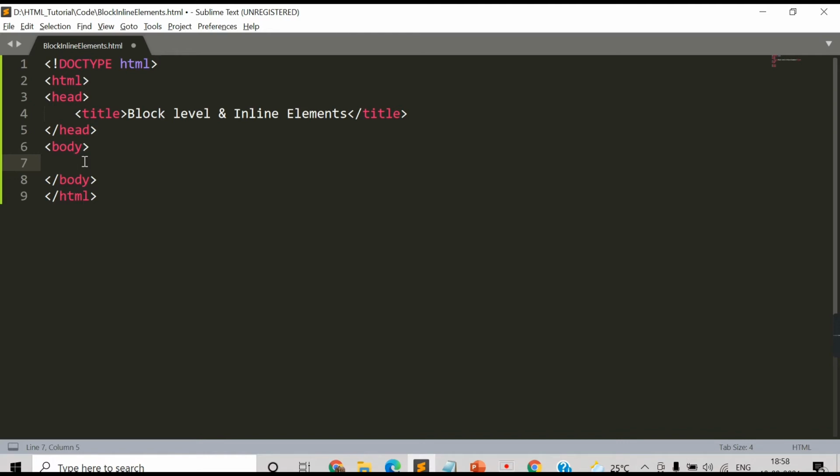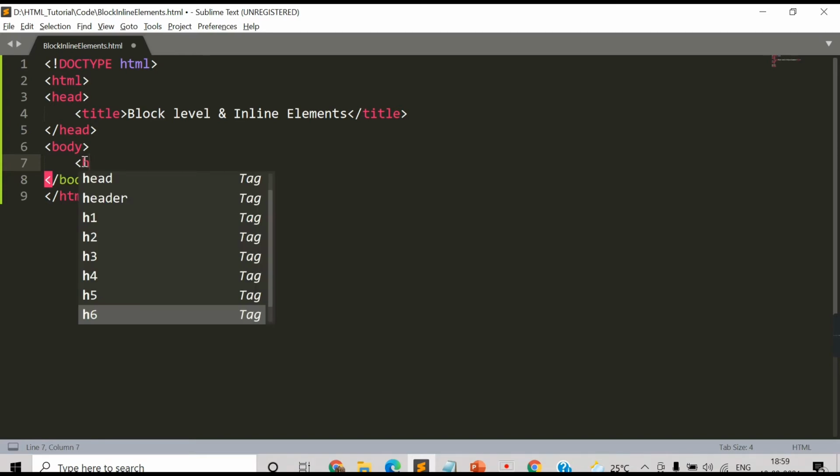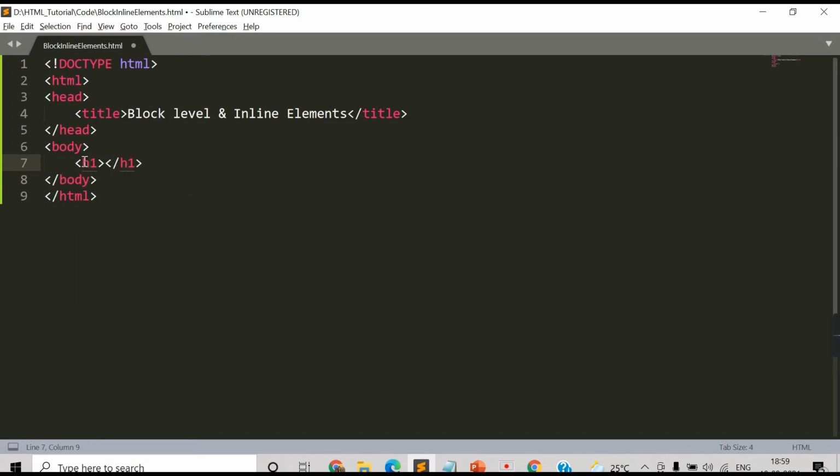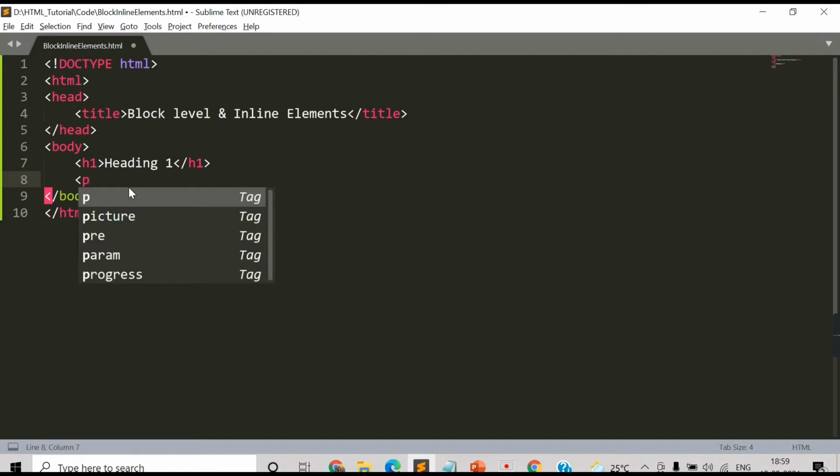Some examples of block level elements are heading tags. So let's start with heading h1, heading 1. All h1 to h6 are block level elements. Another example is the paragraph tag.